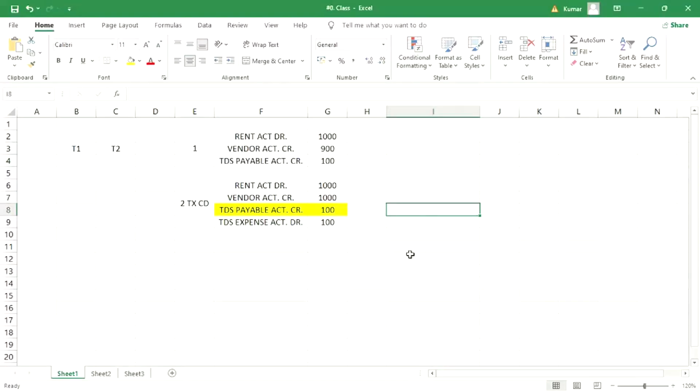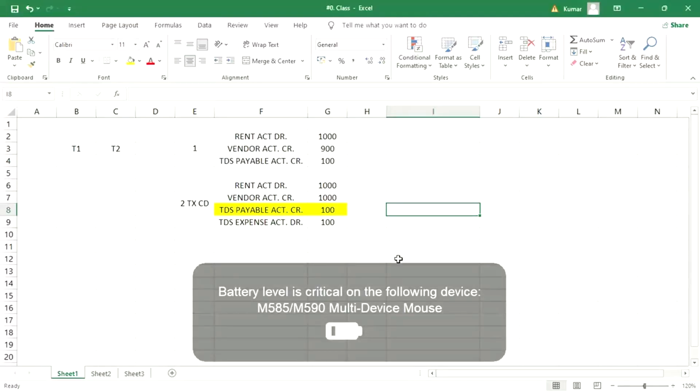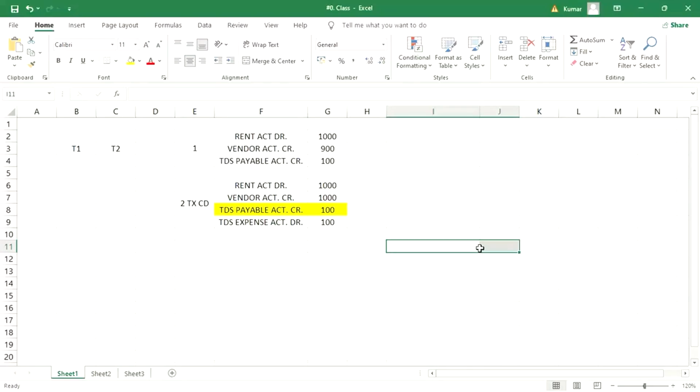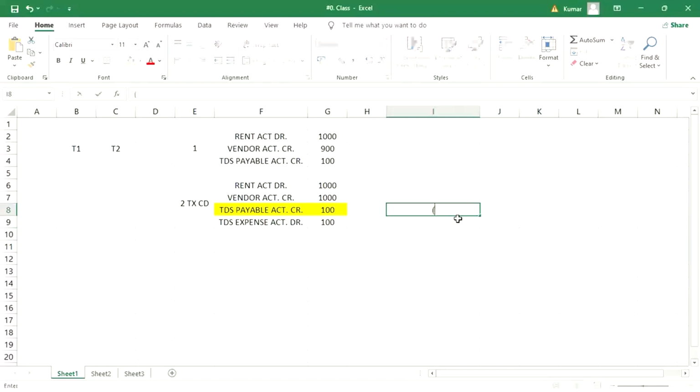The calculation will be here. So here, how the calculation is happening, guys. So the calculation will be